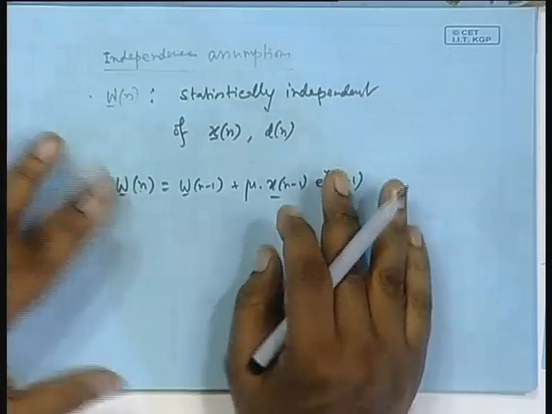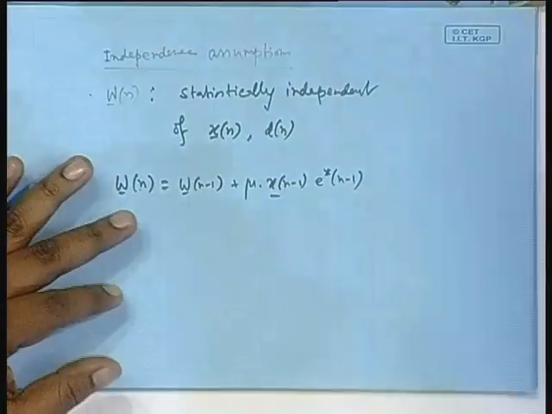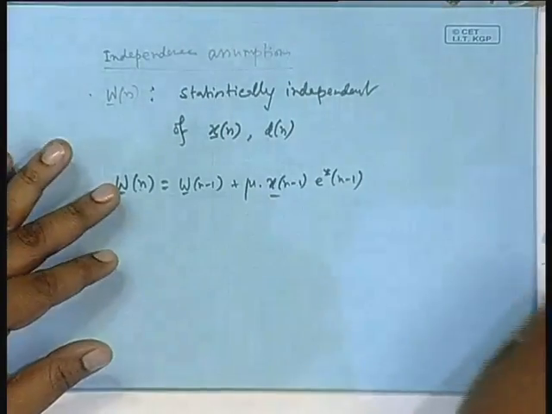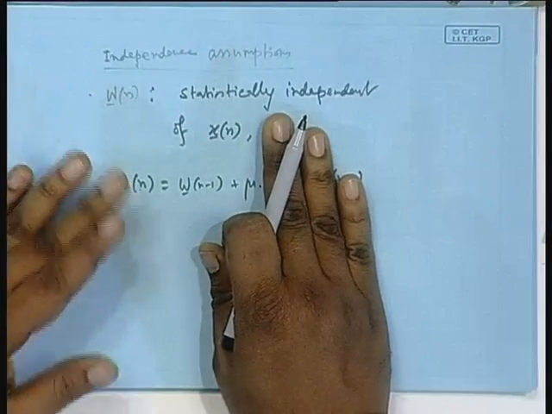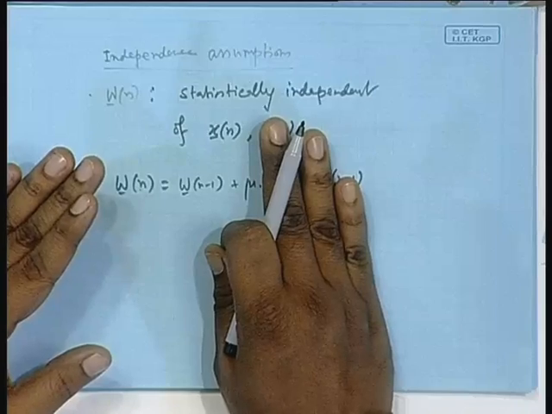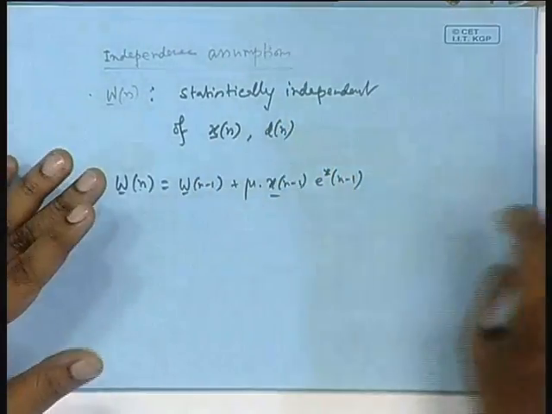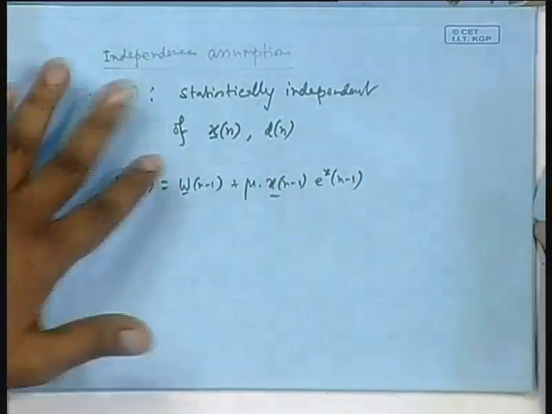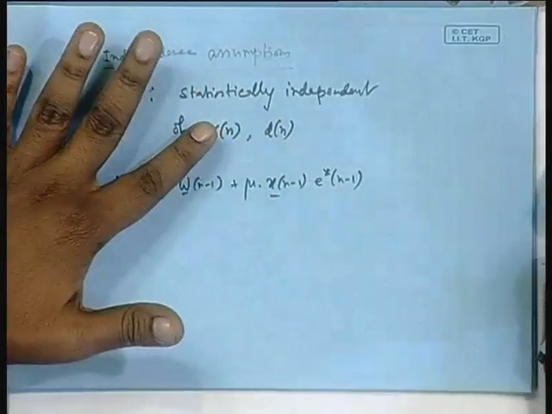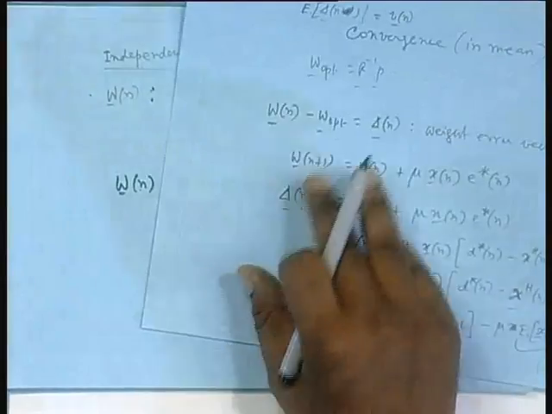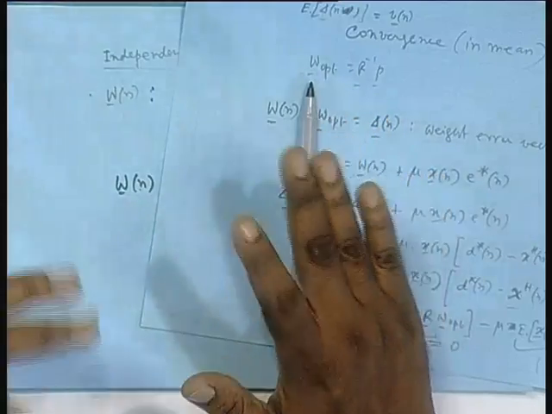Okay. Now, if that be so, for the current analysis I need only this statistical element of the x n vector, not d n. But subsequent analysis I will need that. So, that is why I have written the independence assumption once for all, because I told you right now we will be proving convergence in mean. Afterwards, we will see how the variance around that mean can be kept under control. That is more complicated, very rigorous analysis. That analysis is mean square; this analysis is only mean.